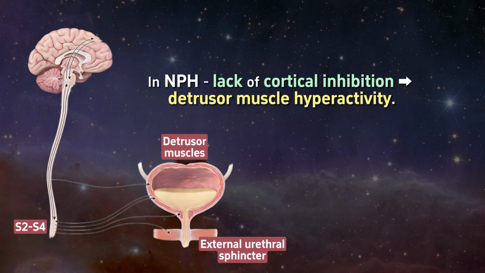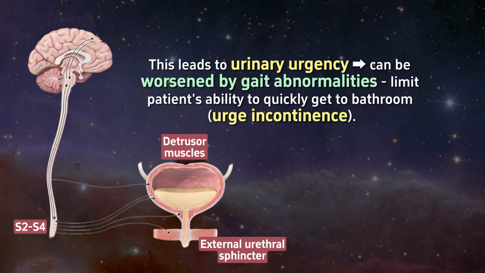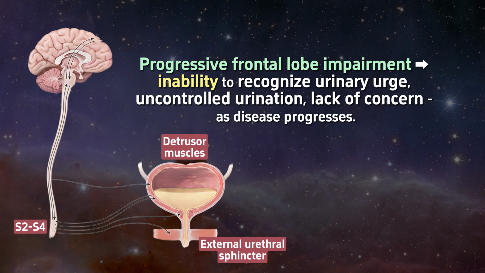In normal pressure hydrocephalus, the lack of cortical inhibition results in detrusor muscle hyperactivity. This leads to urinary urgency, which can be worsened by gait abnormalities that limit a patient's ability to quickly get to a bathroom, causing urge incontinence. Progressive frontal lobe impairment leads to the inability to recognize urinary urge, uncontrolled urination, and a lack of concern as